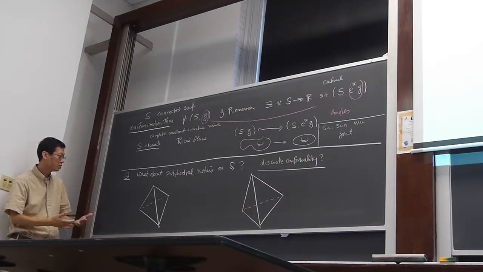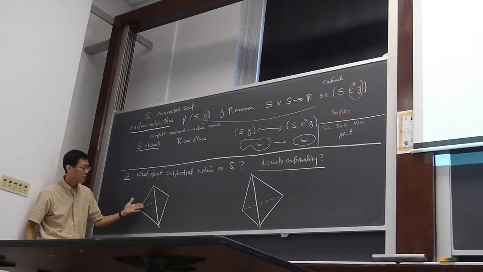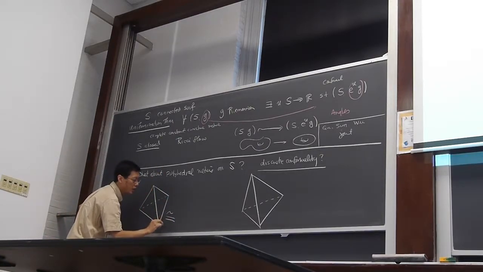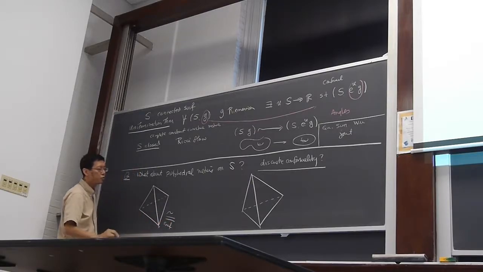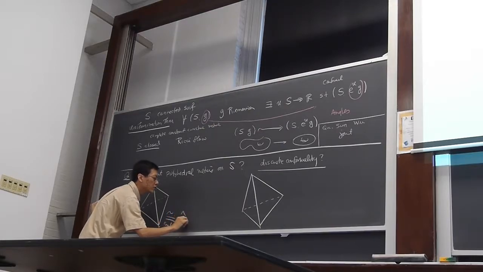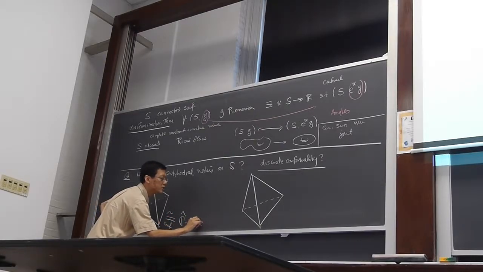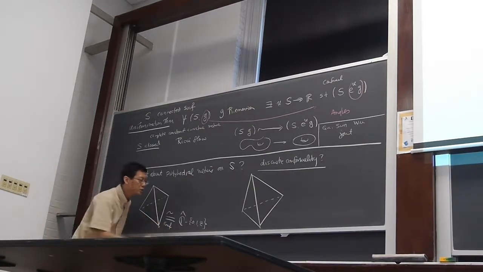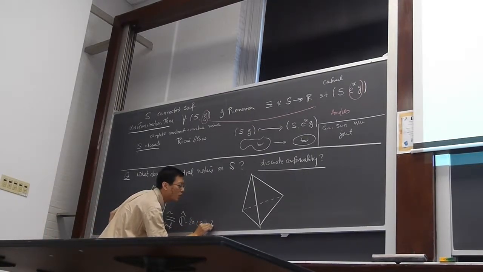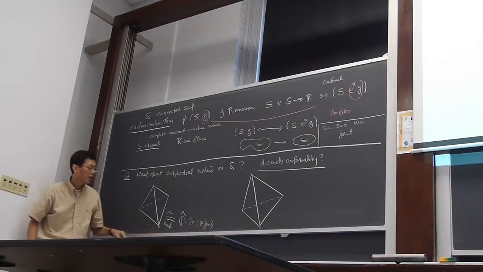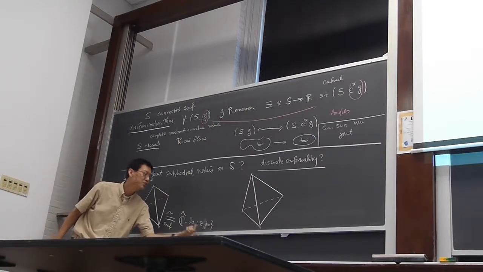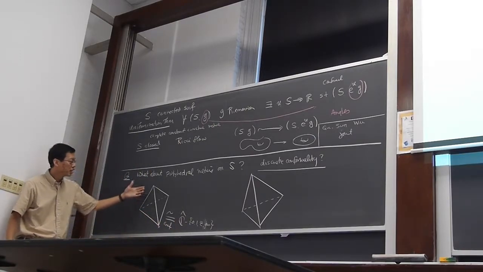Now if I give you a metric like that, if you just remove these four vertices, there is an underlying Riemann surface for this guy. So by the uniformization theorem, there is a conformal diffeomorphism sending this tetrahedron to the Riemann sphere with 4 points removed, sending these 4 points to 0, infinity, 1 and z. And so this z is a conformal invariant for this tetrahedron, but it's not easy to compute the z if I give you a tetrahedron like that.